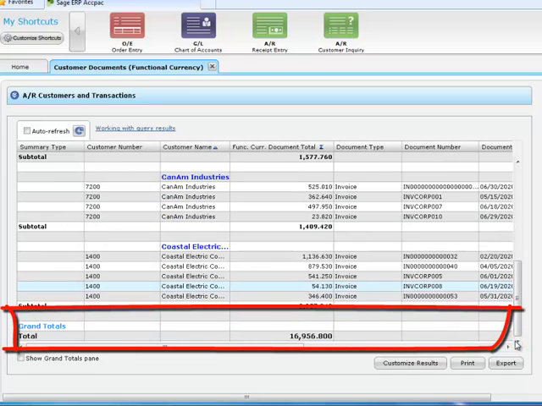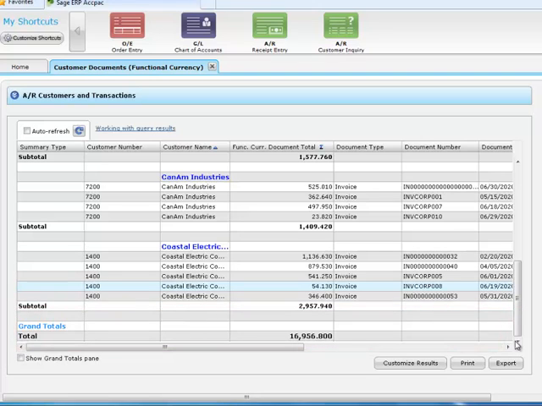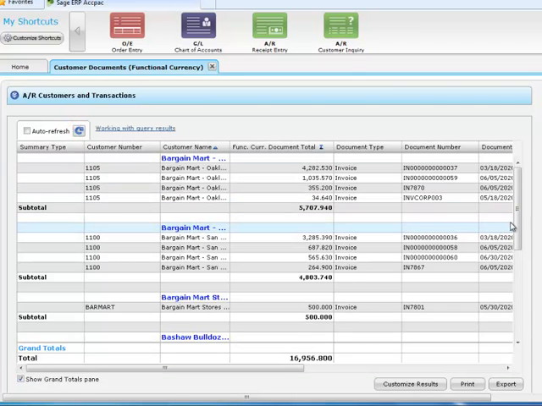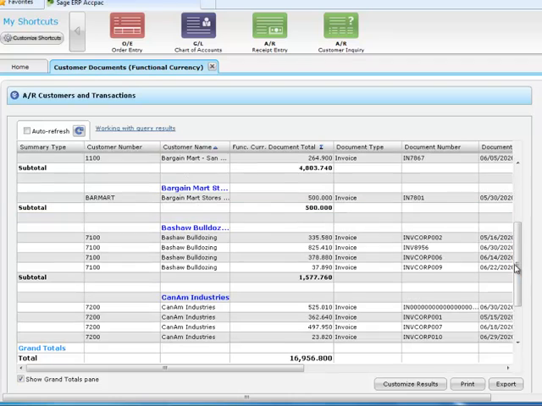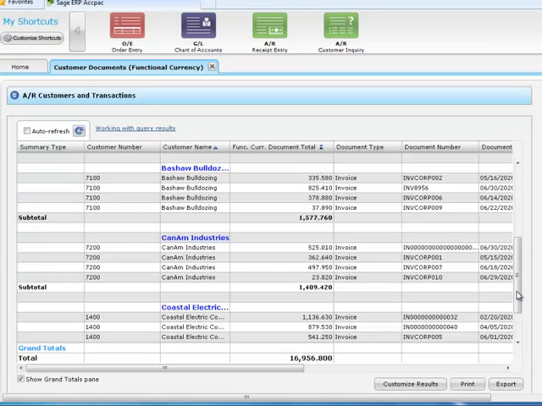If you want it to remain visible when you're scrolling through the grid, then enable the Show Grand Totals pane checkbox, hit Refresh, and now you can see that as we scroll up and down, it remains visible. We can also print or export